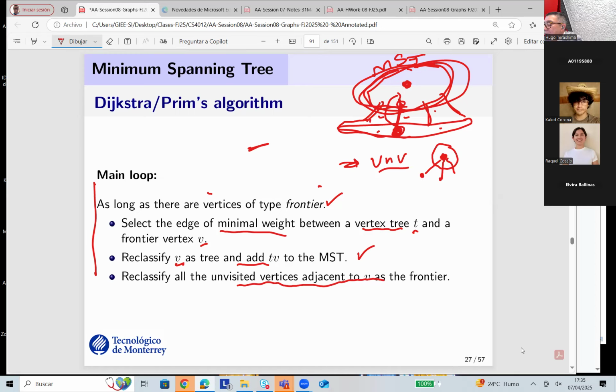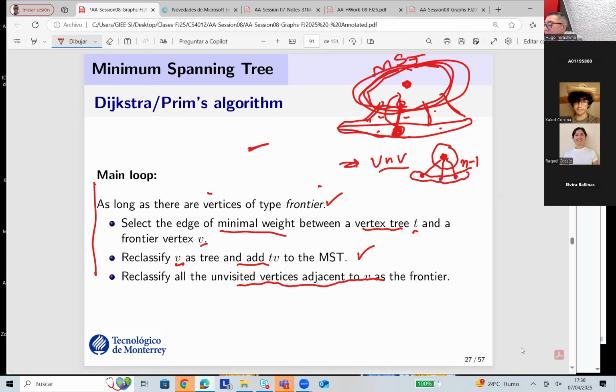If the graph is complete, you may say it is connected to all the other nodes. How many? N minus 1. And I choose just one, the one with a minimum weight,